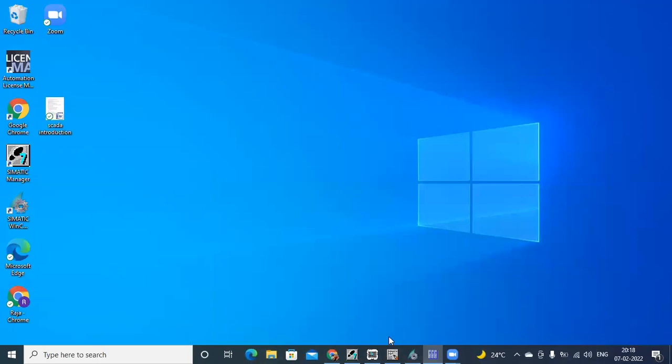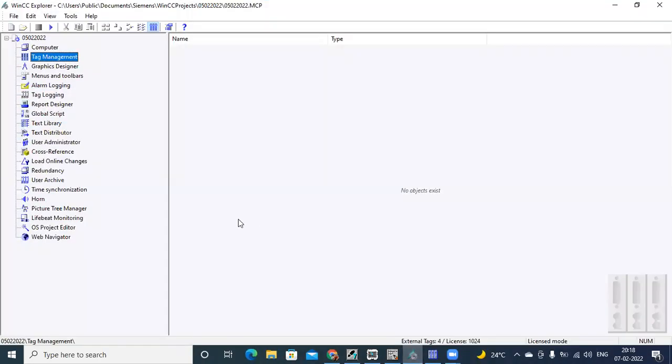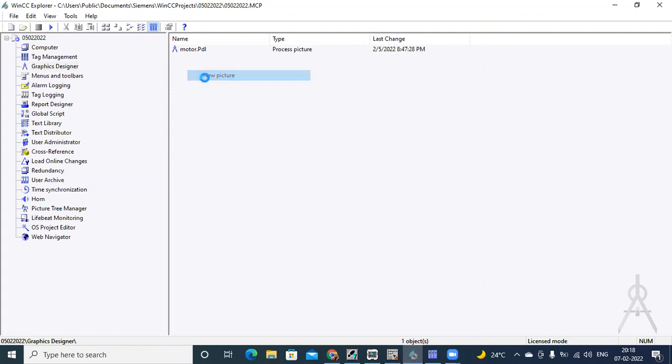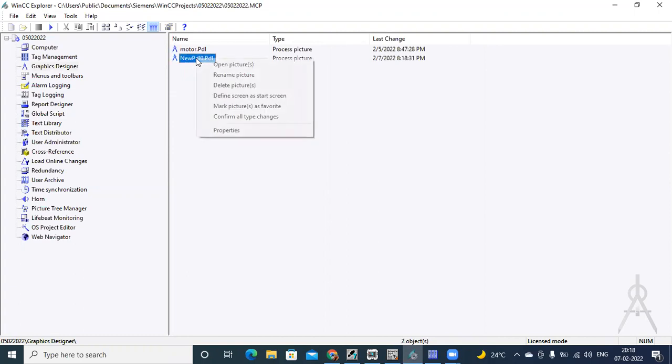Minimize, then go to WinCC Explorer, Graphics Designer. From here, create a new picture. I just give another name like motors 2. Double click on this to open the picture.